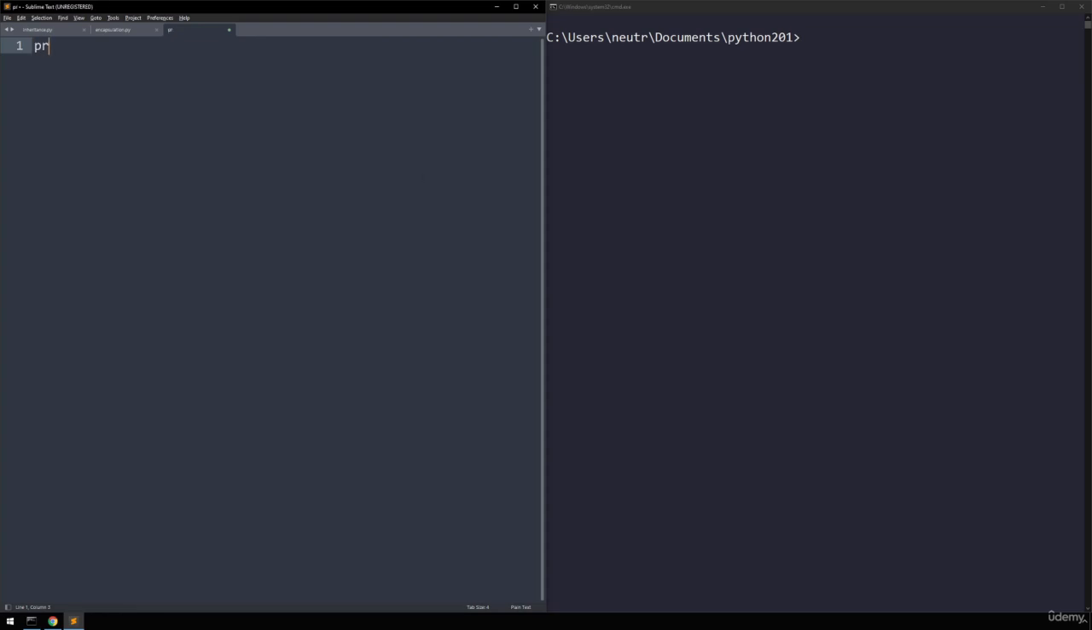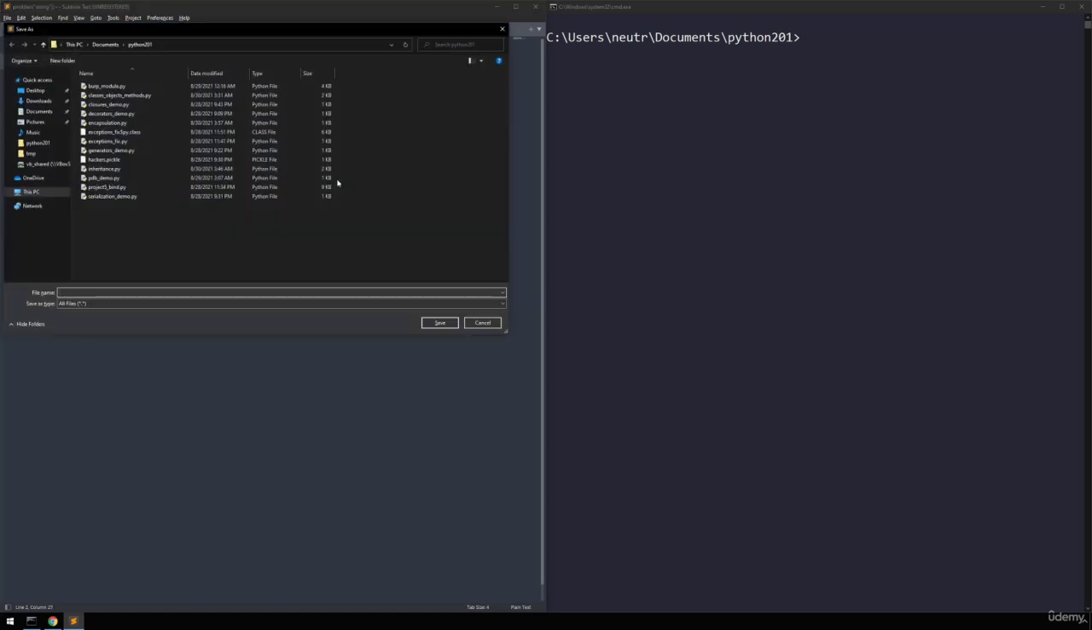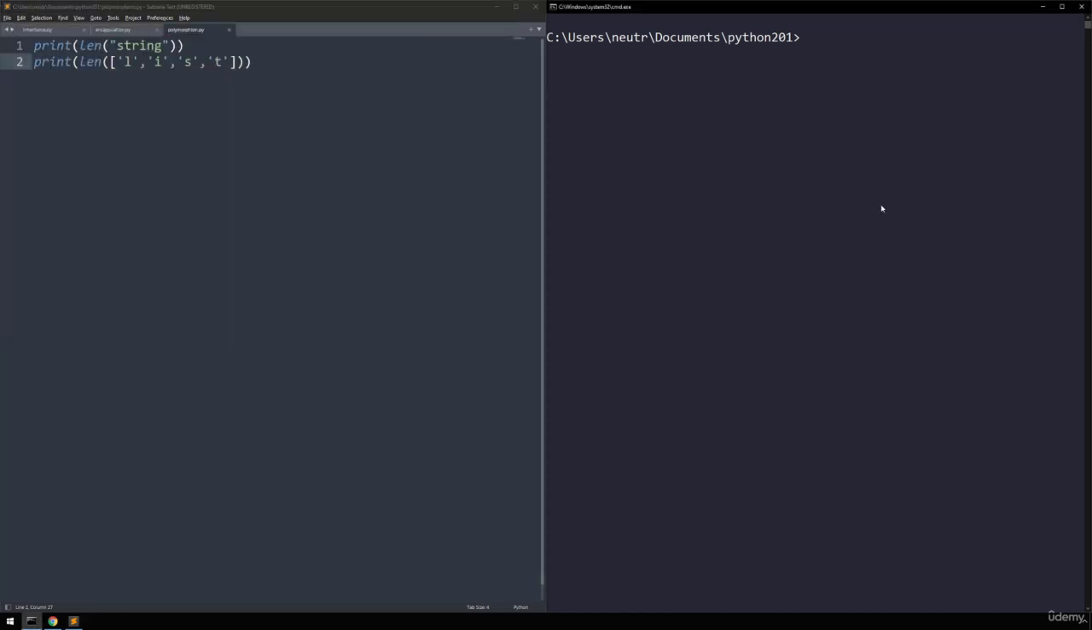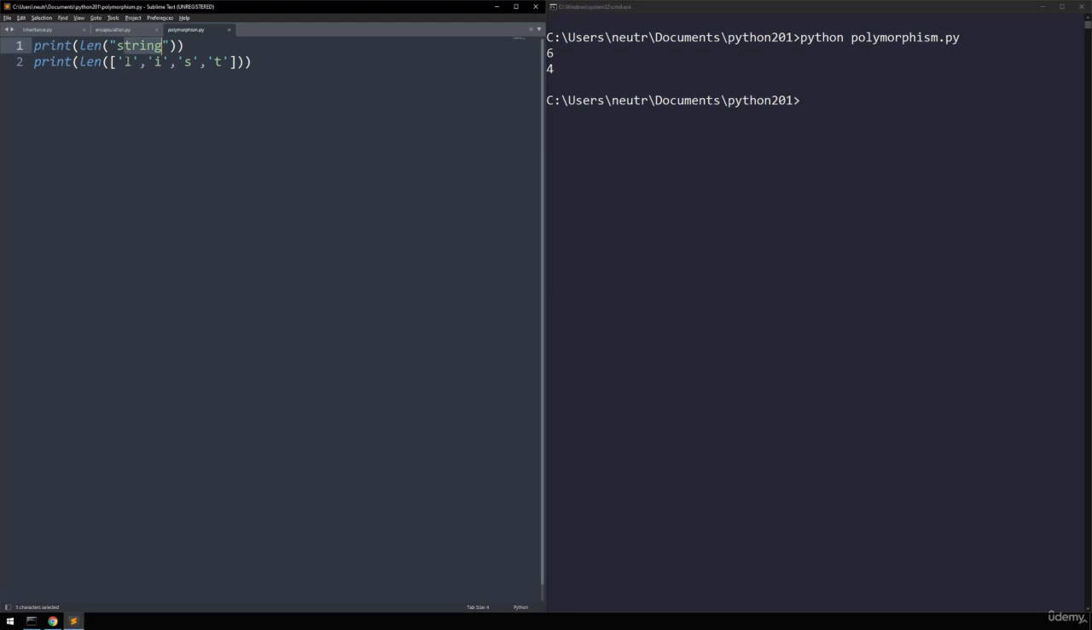Because for example, if we say print length string, print length array LIST, and we save this polymorphism.py. We can run it, and we can see that we have the expected output here of 6 and 4 for the length of the string and the length of the list. And here we are using the same function, len, but we are passing in different types, so both a string